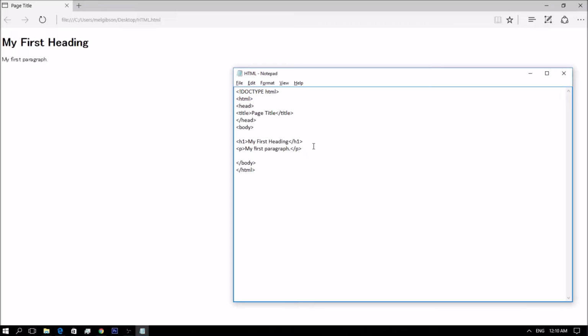We have the empty HTML elements. So HTML elements with no content are called empty elements. So the line break is an empty element without a closing tag. Empty elements can be closed in the opening tag like this.